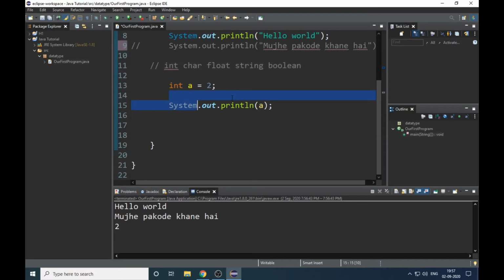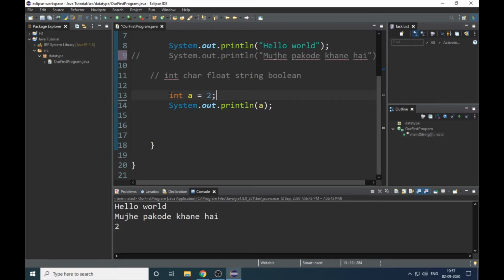Okay, so now we have learned this far. So this was for int. Now we will go for characters, which is char. So char b equals a, let us suppose, and comma. As you can see here, it is showing an error.